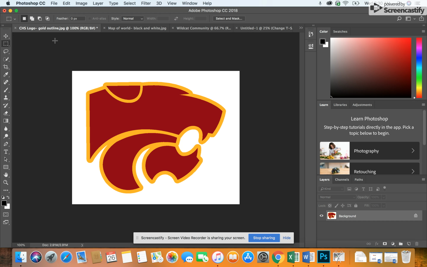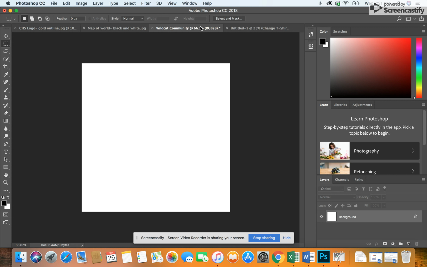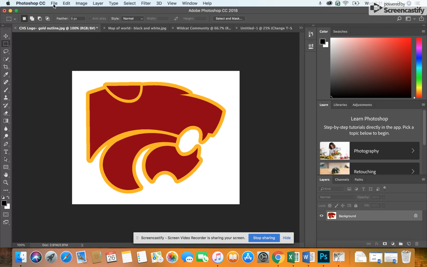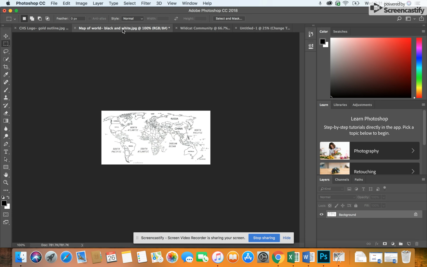I'll have you in Photoshop select File, New, and create a blank artboard. We'll call this Wildcat Community. You'll notice this is white and the dimensions are 5 inches by 5 inches. Then you'll come up to File, Open, and you'll open both your CHS logo of choice, and then you'll go